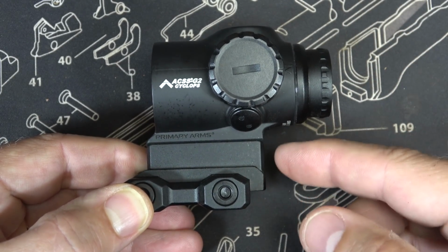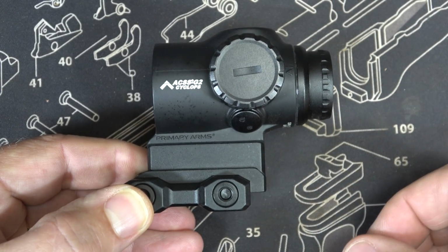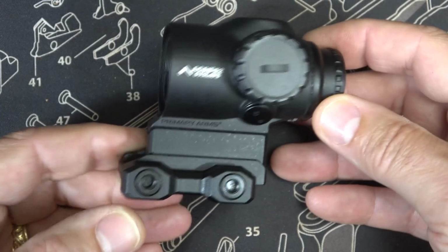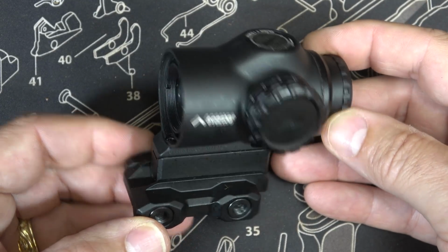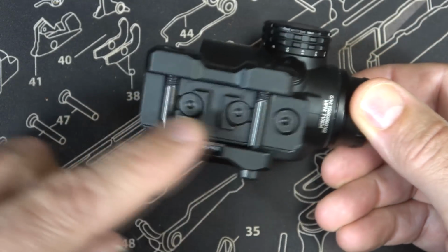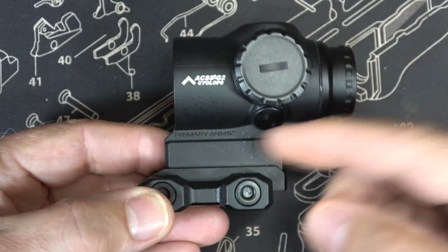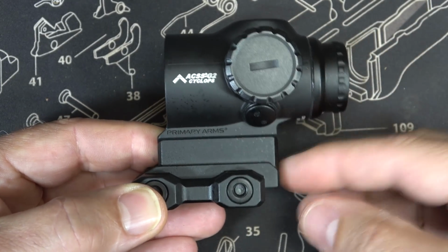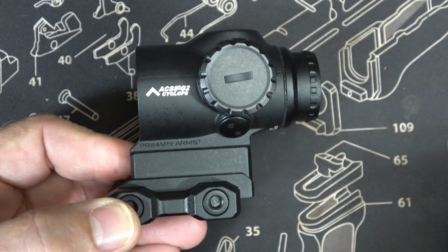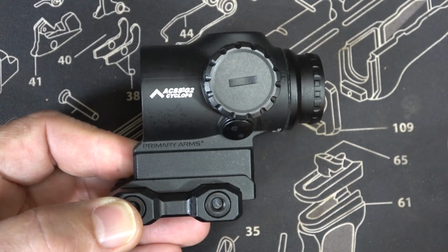The mounting system to me is one thing too that is just out of the ballpark as far as the number of options, and we're going to look at that. There's a lot of different risers and cantilever options, and so that's really cool. But then it has the standard Picatinny rail at the bottom. You have your spacer. This will actually mount straight to this base. So you've got a lot of options as far as what your setup is, whether it's an AK, an AR,